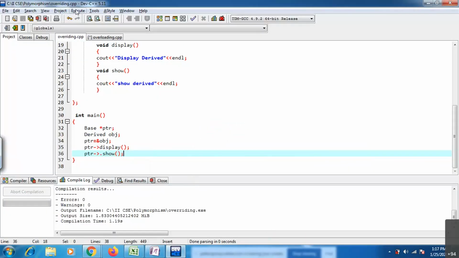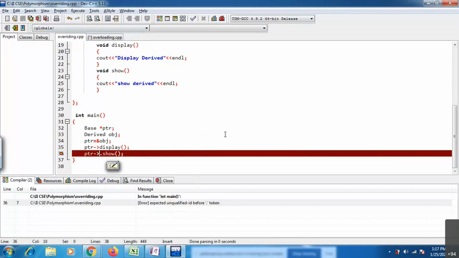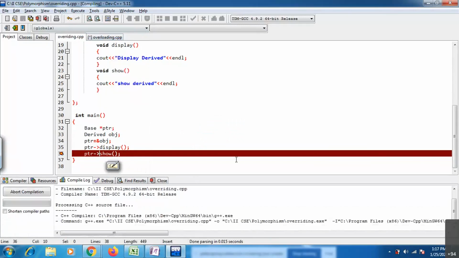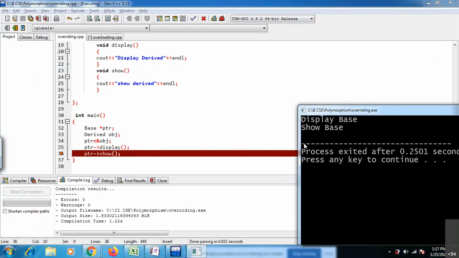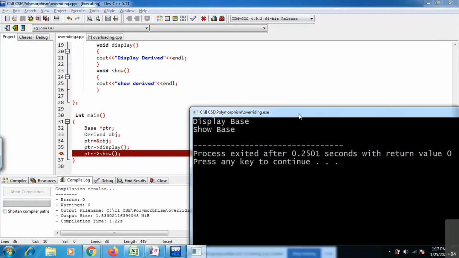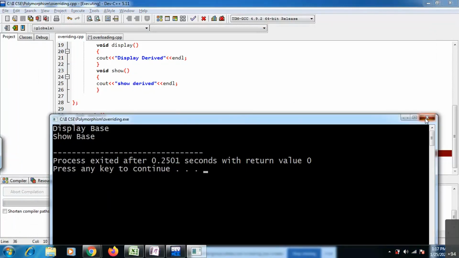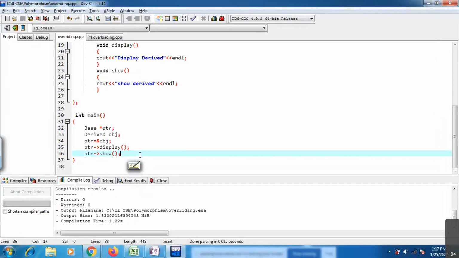You can see now: display base, show base. Display base, show base. Did you observe anything different here?